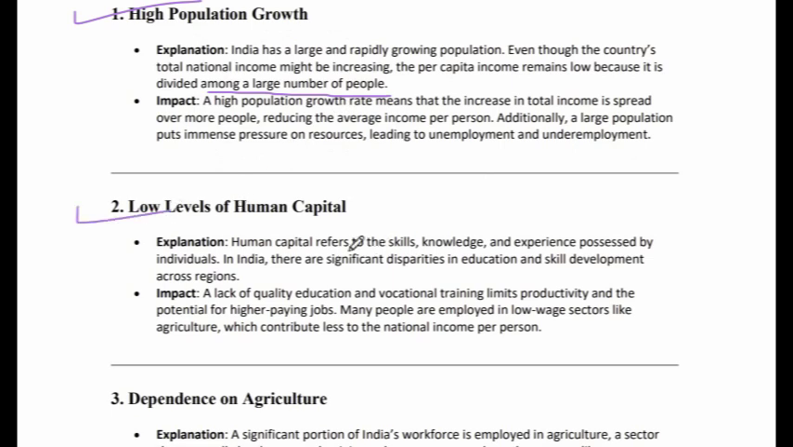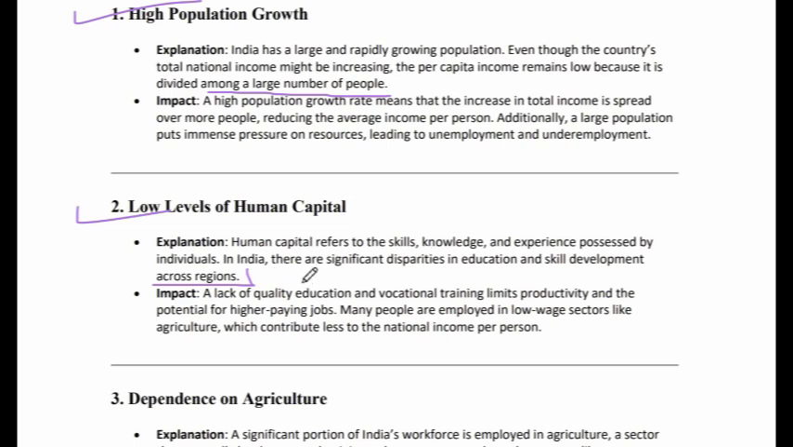लो लेवल्स ऑफ ह्यूमन कैपिटल. ह्यूमन कैपिटल रेफर्स टू द स्किल्स, नॉलेज एंड एक्सपीरियंस possessed by individuals. In India, there are significant disparities in education and skill development across regions. तो यहाँ पे हमको देखने को मिलता है एक्चुअली में भी कि एजुकेशन का जो लेवल है वो ऊपर नहीं गया है. देयर आर वेरी गुड इंस्टीट्यूशंस एंड देयर आर वेरी मीडियोकर इंस्टीट्यूशंस जो बहुत लो एजुकेशन प्रोवाइड करती है. प्रैक्टिकल एक्सपीरियंस नहीं होता है, थियोरिटिकल नॉलेज ज़्यादा होता है वगैरह वगैरह, जहाँ पे हाई पॉपुलेशन होता है जिस